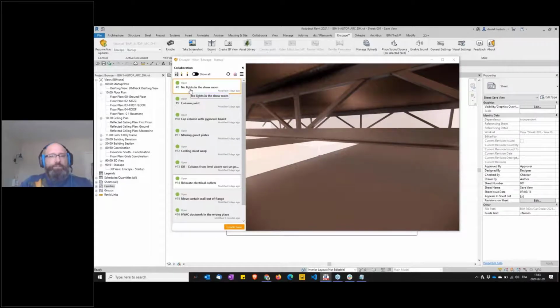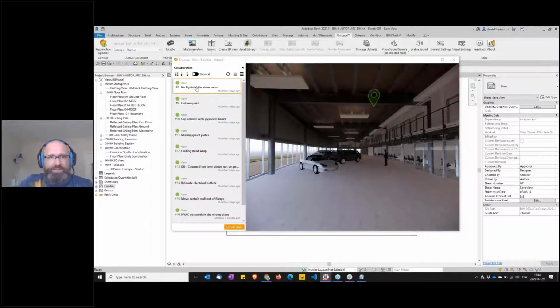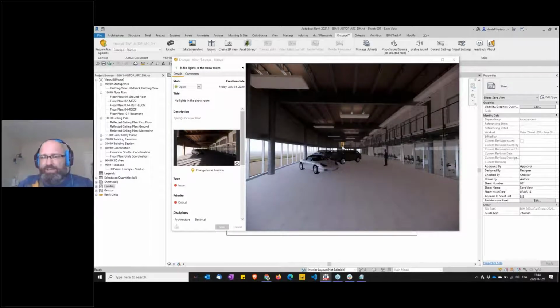See, Carl's already sent me an issue. Carl noticed there was an issue. It says no light in the showroom, which I actually fixed in the meantime. So when you create those issues, you can actually go back to this viewpoint directly inside Enscape.